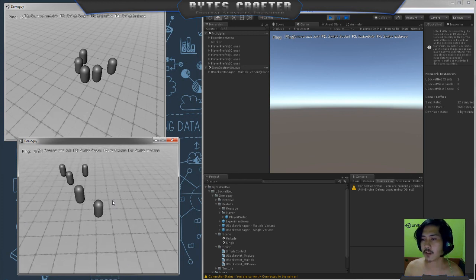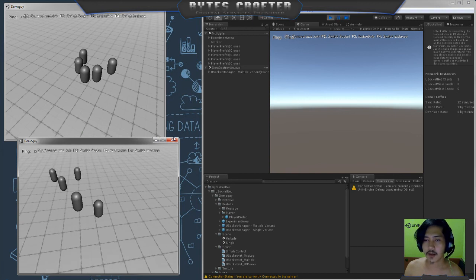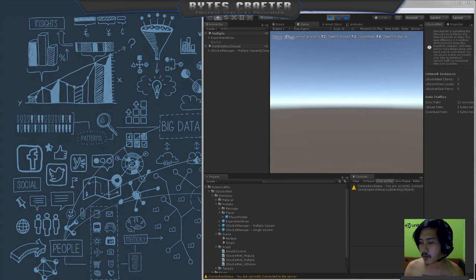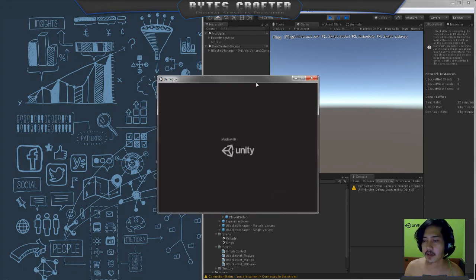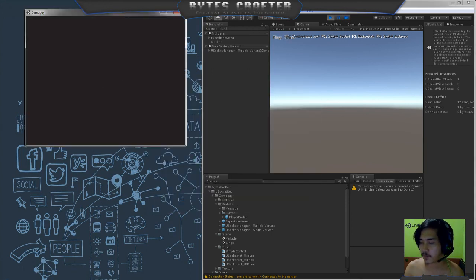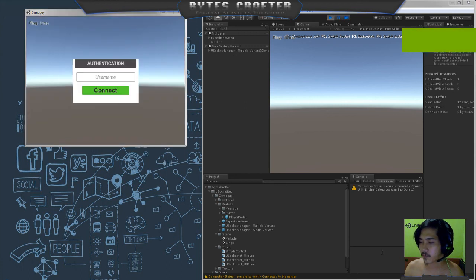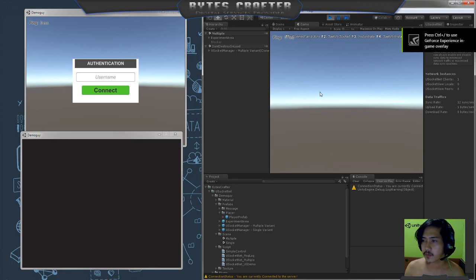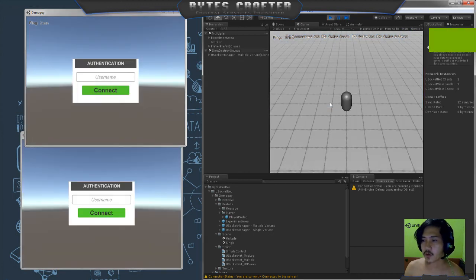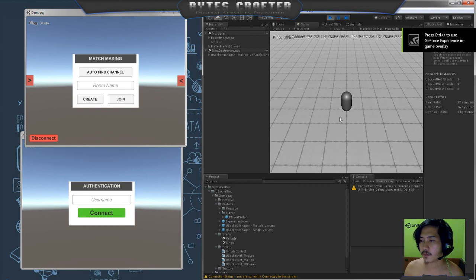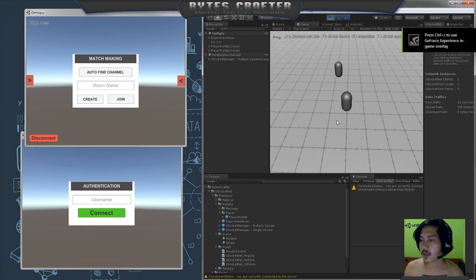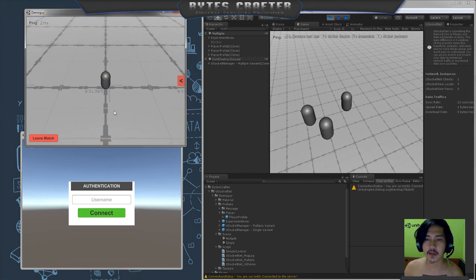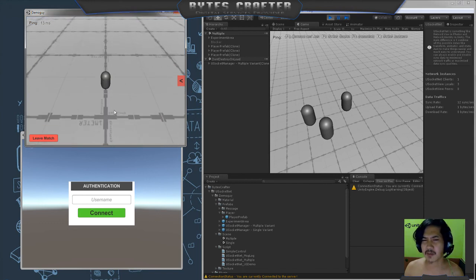I'm sorry. Why is it happening? We restart the game. Is there an error in the server? No, I think it's on the client side. So we instantiate here, instantiate. So for example, we will be having 3. Did I set the maximum client to 3?